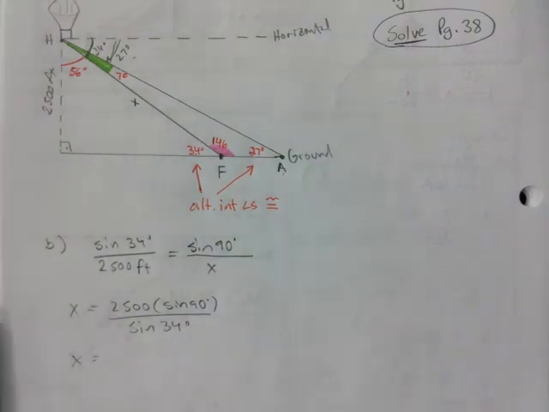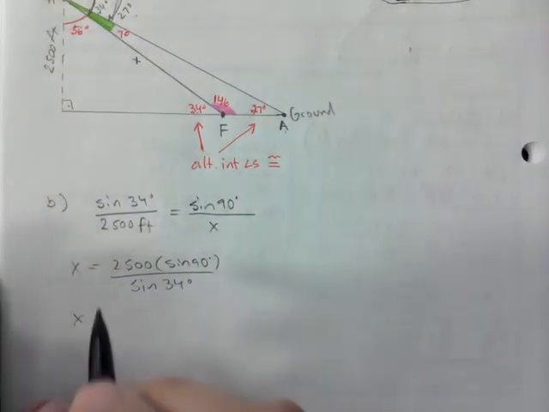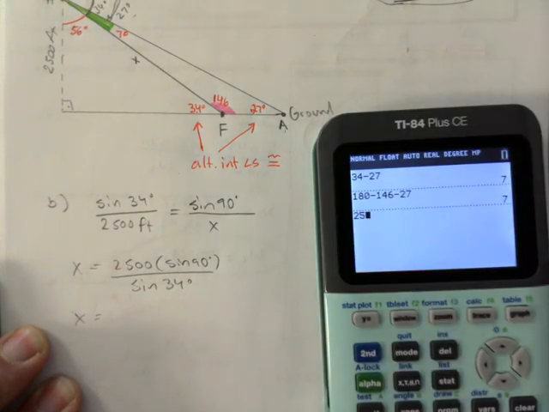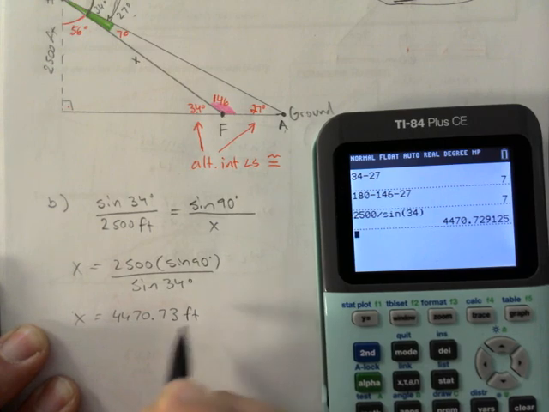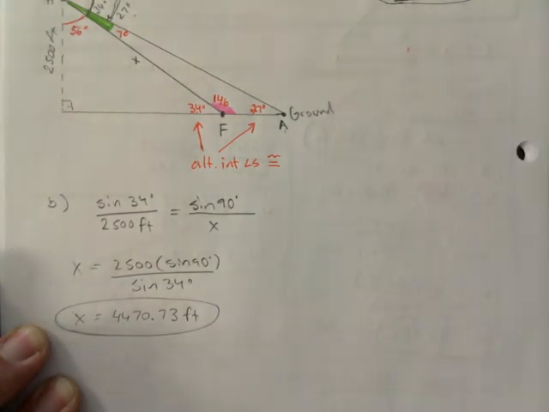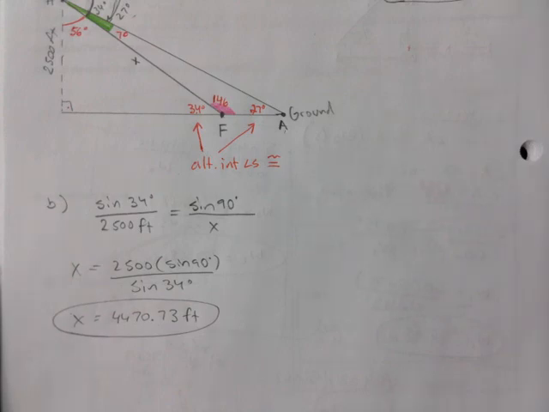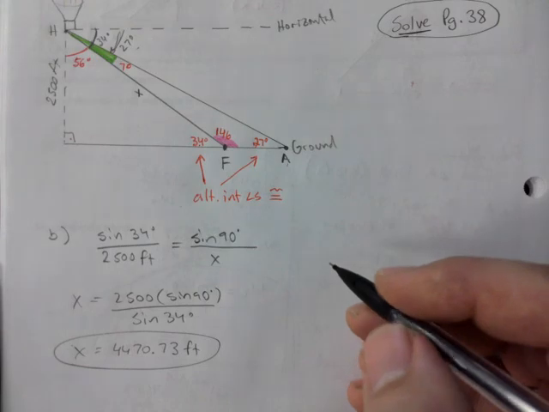Comes in handy in grade 12 as we do the sine wave. Okay. I should have the key in front of me, but I don't. So here we go, 2,500 divided by sine of 34. That's 4,470.73 feet. And that was so easy once you populated everything. If you don't do that, it's harder to see, in my opinion. Okay. C, determine